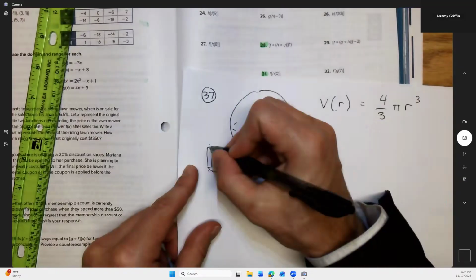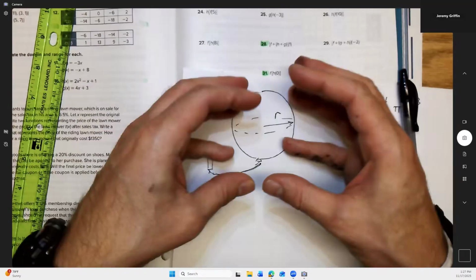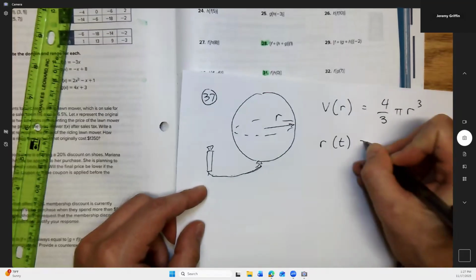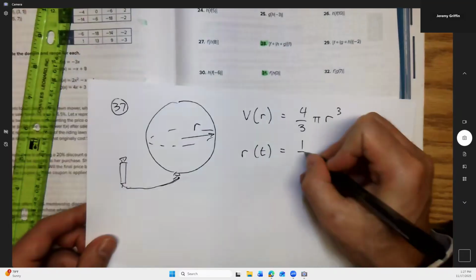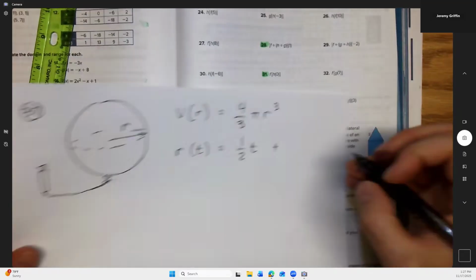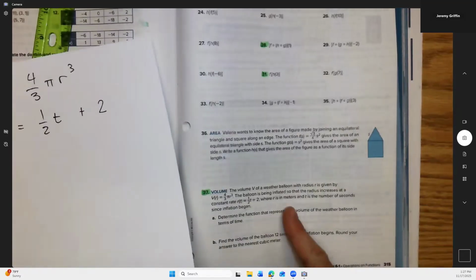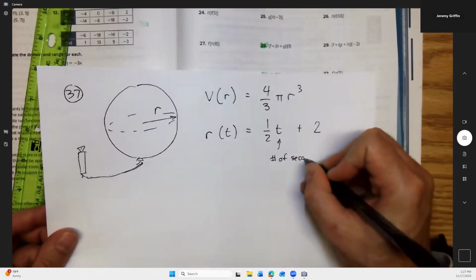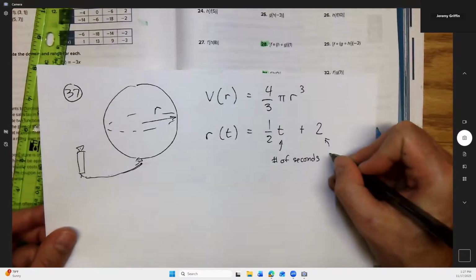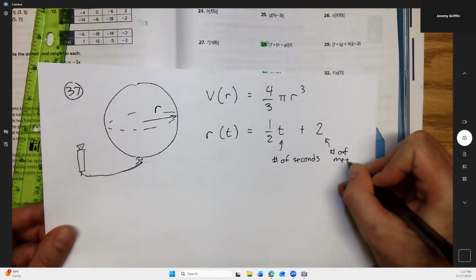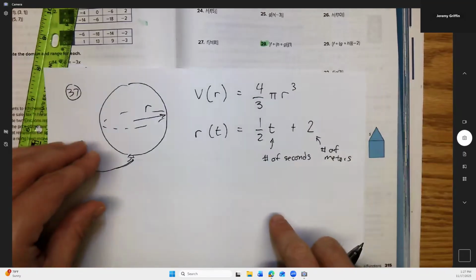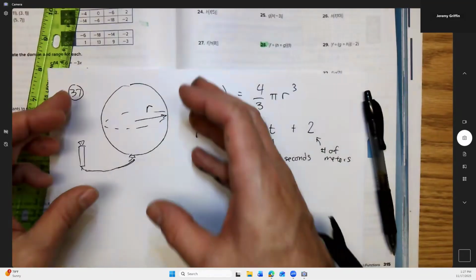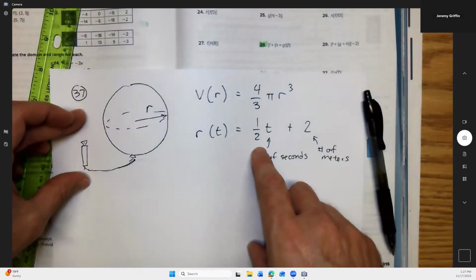So here's our pump, and this big balloon is increasing. The radius as a function of time is 1/2 t plus 2, where t is the number of seconds that have passed, and 2 is the number of meters. So at time 0, before we hit the pump at all, there was some volume in the balloon and a radius of 2 meters. It was already at 2 meters, and now starting at time 0,